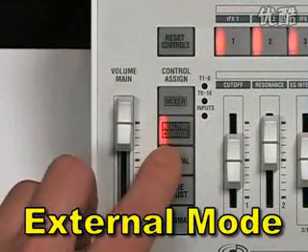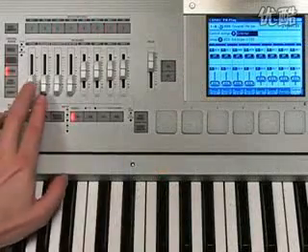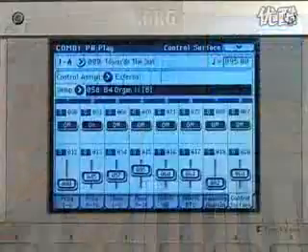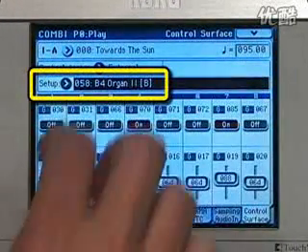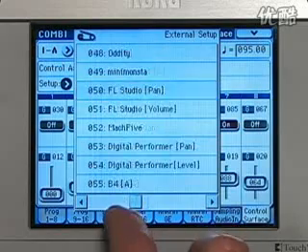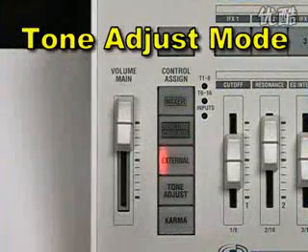The external mode is for mapping continuous controllers to each of the sliders and switches and using the M3 to control other devices such as computer DAWs or various software plugins. The M3 comes with many different templates for controlling popular devices and software applications. The tone adjuster